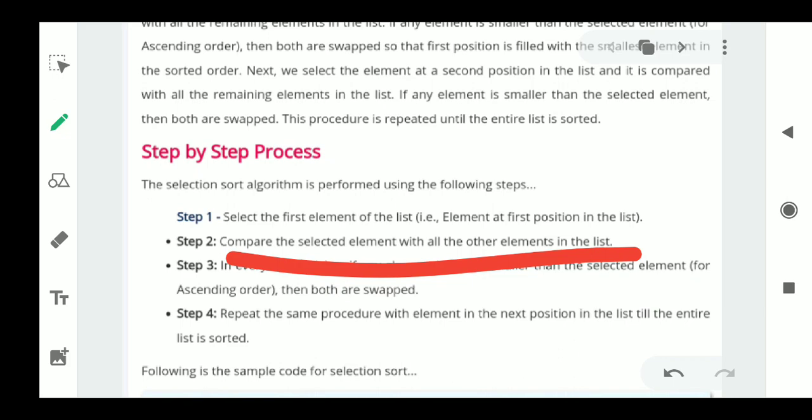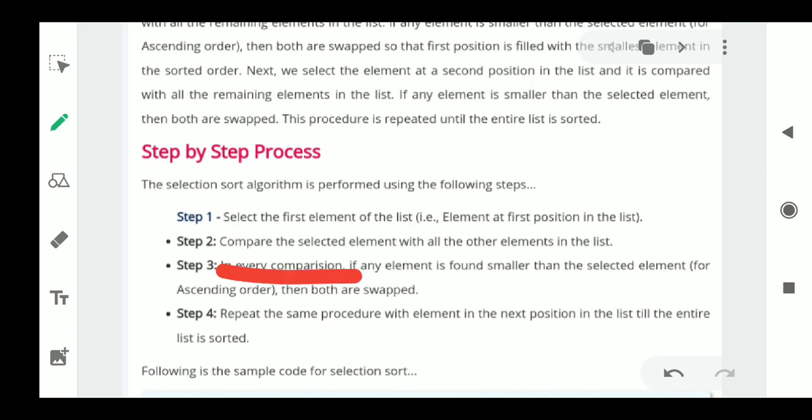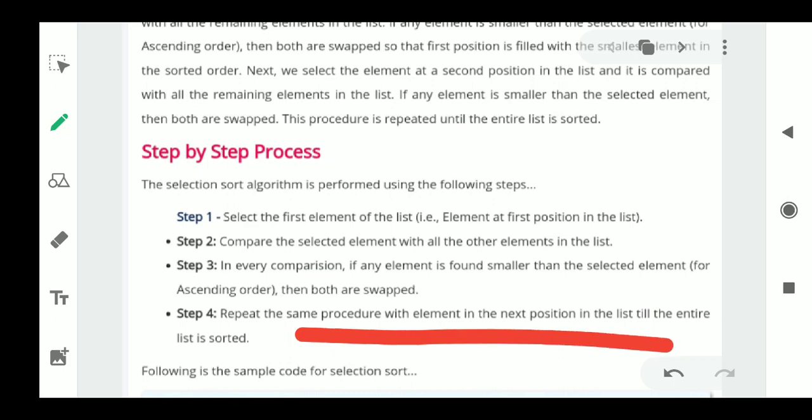In every comparison, you need to see whether any element is smaller than the selected element or not. If any element is smaller, then immediately go for swapping. Swap both elements, and repeat the same procedure until all the elements get sorted. Now see the example for better understanding.